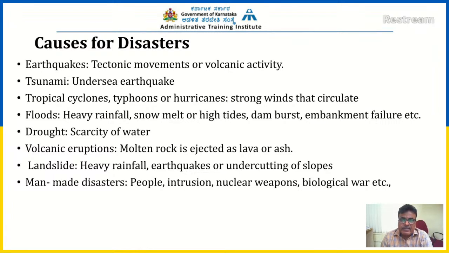At present, heavy rainfall is one of the major causes of flooding. Almost all the states have experienced flooding in the last two to three years. Even in Karnataka, about 103 taluks experienced huge flooding, where earlier there was no flood at all. Then drought. A deficiency of rainfall leads to drought. If there is a 25 to 30% deficiency from the average rainfall, it is declared a drought. If it is more than 50%, it is declared a severe drought, depending on various factors.